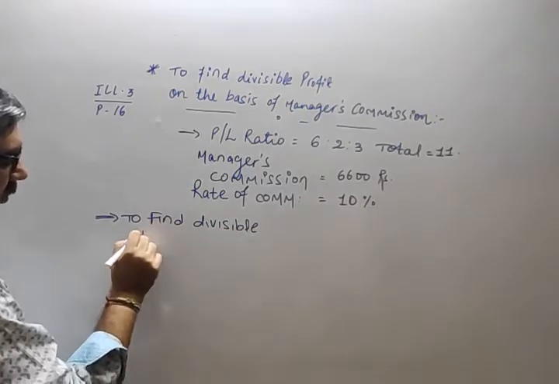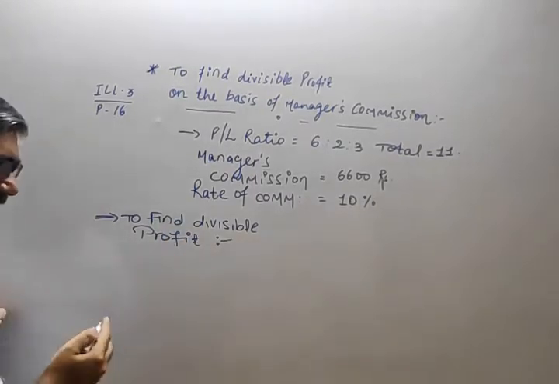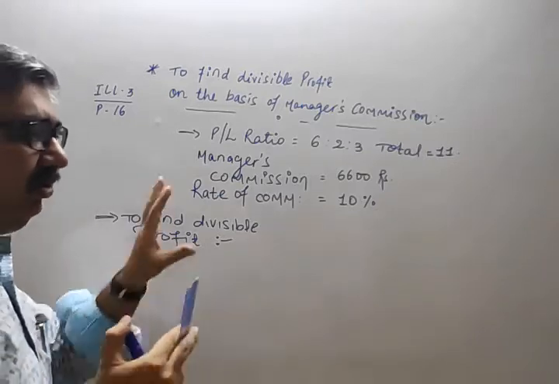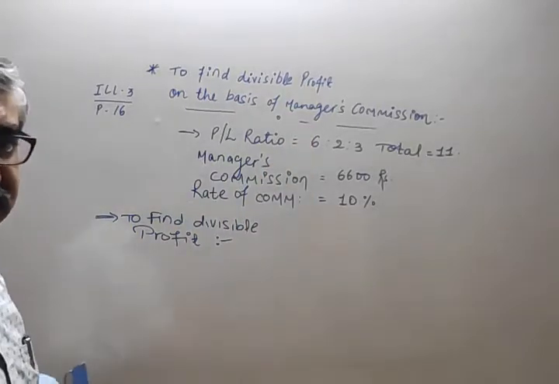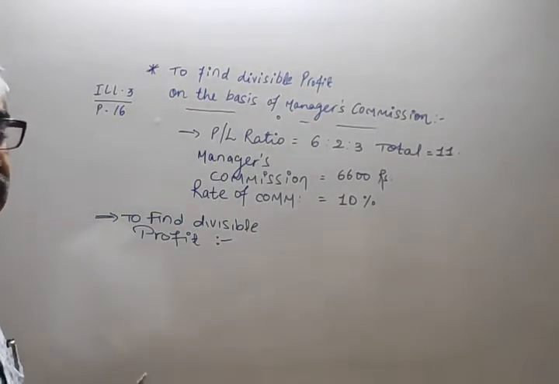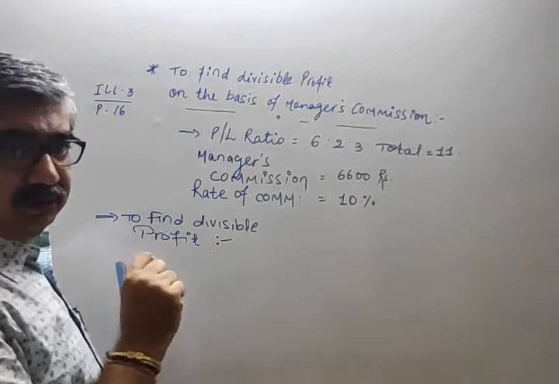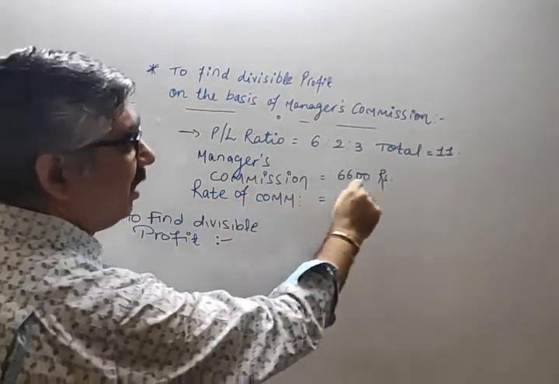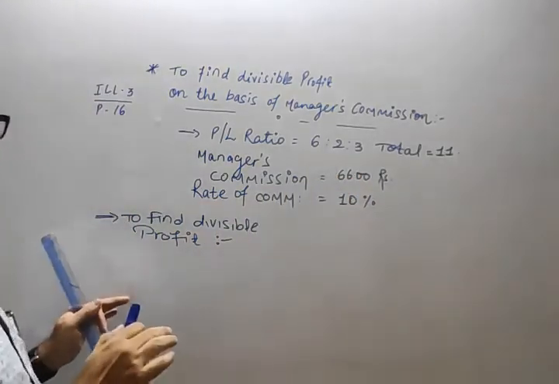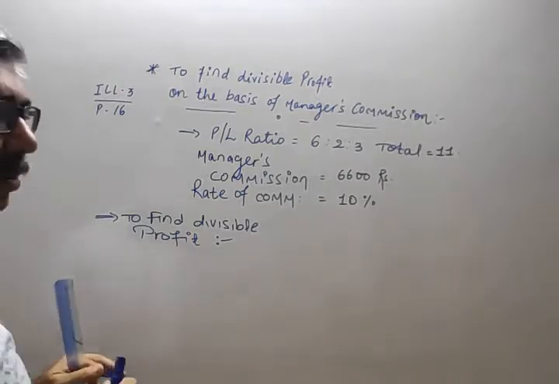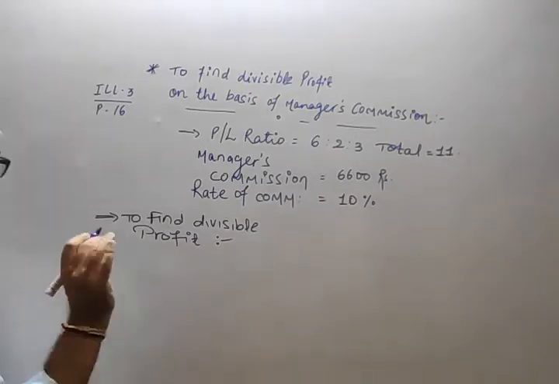To find divisible profit, again see, try to remember, for commission we did two methods. One, when total profit is given, that is a special method. Second, when partner's profit, individual profit is given. Here also individual data is given. So if individual data is given, we are supposed to find divisible profit by normal method. And the normal method is, normally what we are writing,